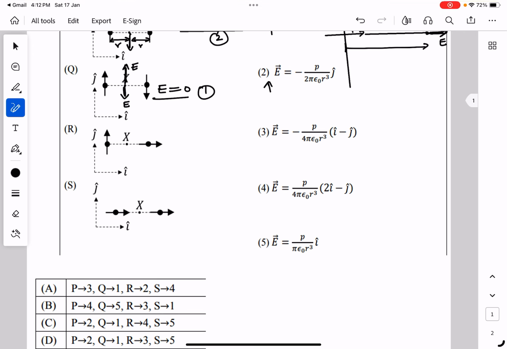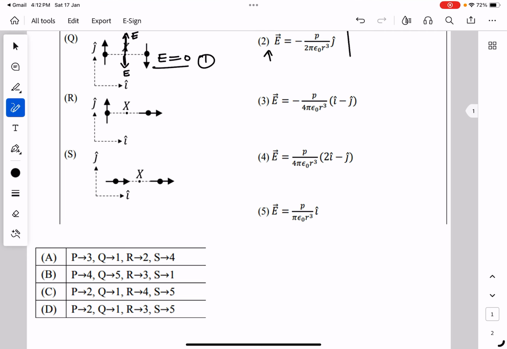Let us take up the next question. In this case, dipole 1 is pointing in the positive y direction, and point X lies on its perpendicular bisecting line. So therefore, the electric field due to dipole 1 would be in negative y direction, and this will be equal to 1 upon 4 pi epsilon naught p upon r cube minus j,